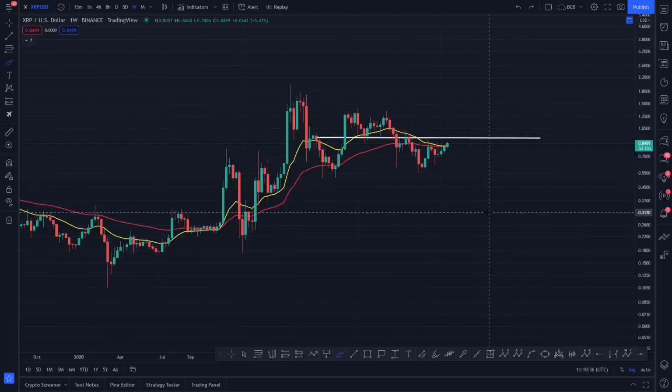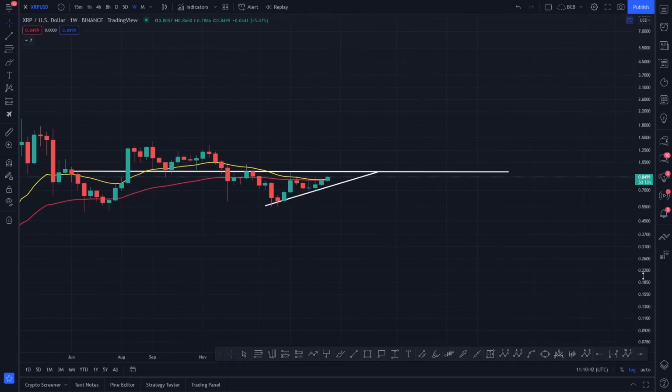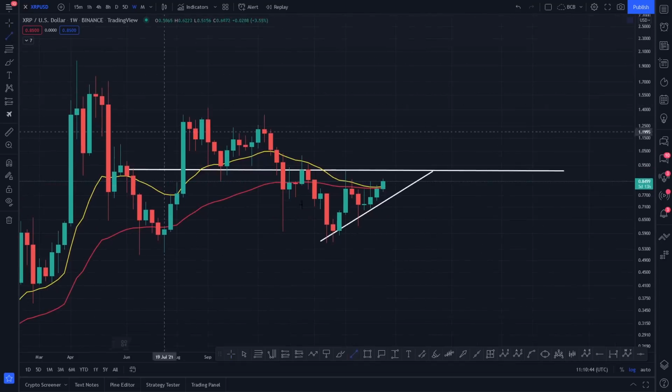So this is nice. This is the sort of structure you want to see. You've got your reversal patterns here, because if you do start to create this reversal pattern, you break out of this ascending triangle and essentially a W double bottom pattern. I'm going to show you right now the technical break target will be from there to there, a bare minimum, and you can see that if you do start to come up and close the week out above that, getting above this key level of previous support that you lost and back tested and turned into resistance,